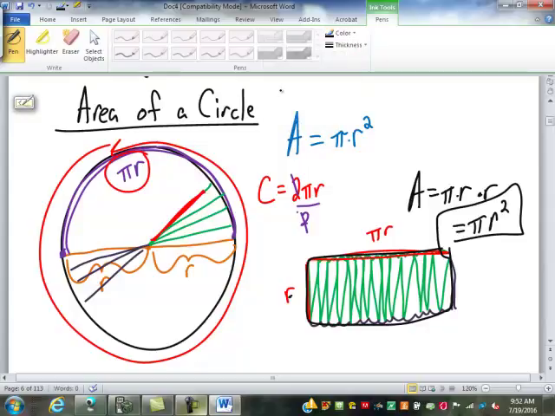Now you don't need to derive that. You just need to know this formula, memorize that formula. Area equals pi times r squared. But it is kind of neat to see that it still comes from a rectangle. All areas, period, come from a rectangle. That is the only shape in the world that we know how to find the area of, is a rectangle. So anyway,